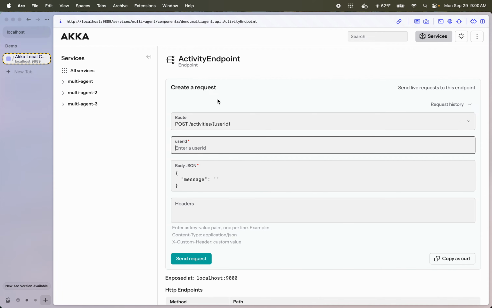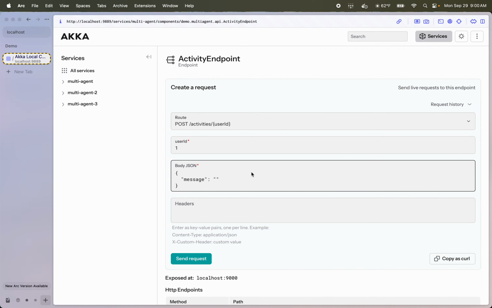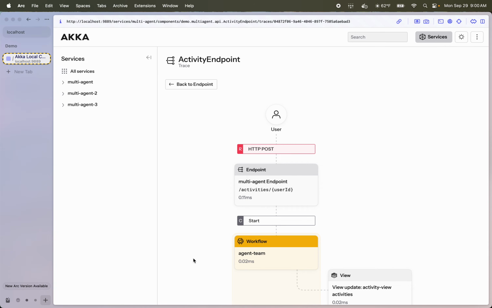And because Akka knows what the payload looks like and what the parameters are, it can give me some hints in terms of what it is I want to supply. So this is user one. So let's say tomorrow. So I sent the request,